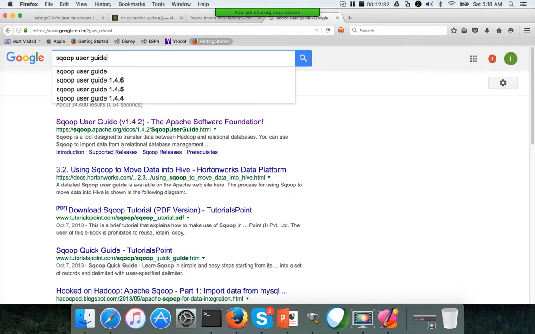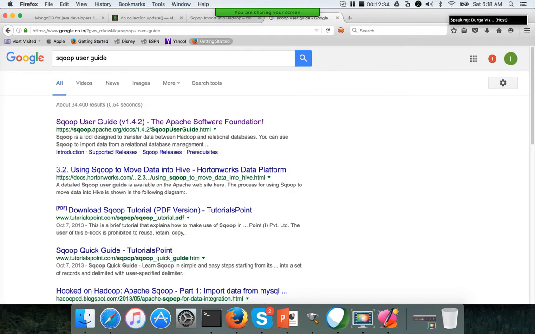There are 2 versions of Sqoop. One is Sqoop 1 and the other one is Sqoop 2. Sqoop 1 is called Sqoop itself, and the other is called Sqoop 2. Sqoop 2 is not being used yet, but eventually it will be used. In Sqoop 2, they actually use MapReduce jobs to load the data. No need to worry about that at this time. Just focus on Sqoop 1. That is more than enough.